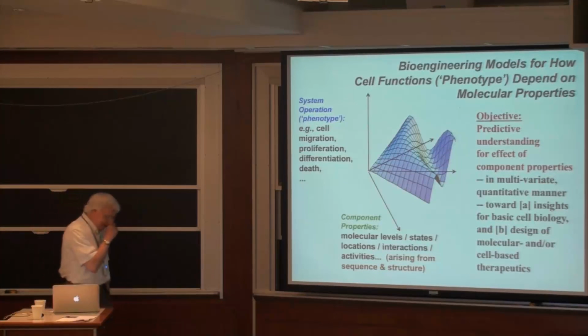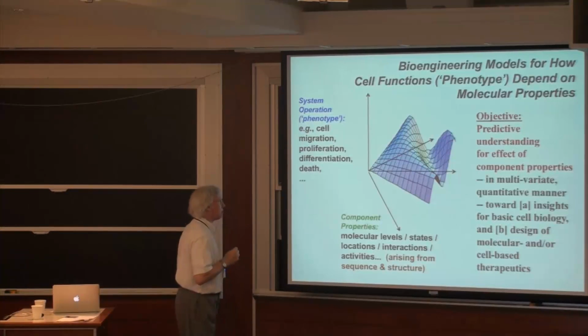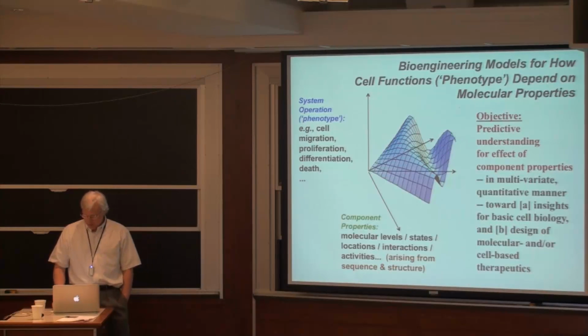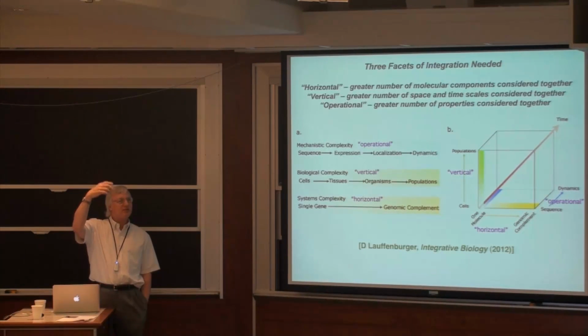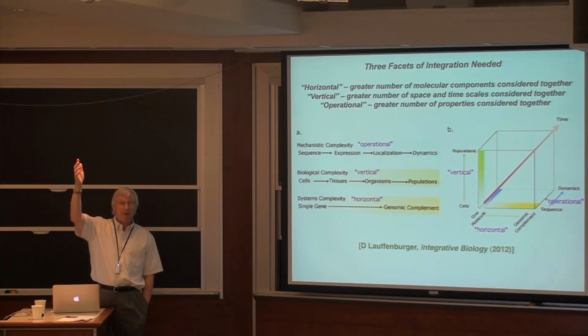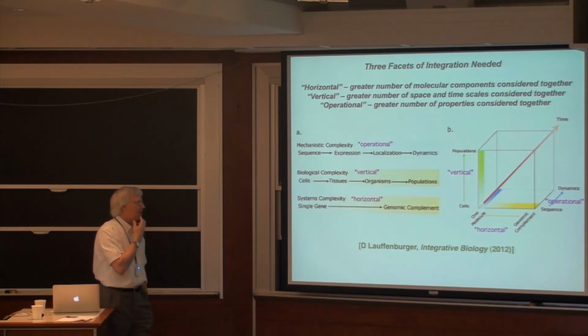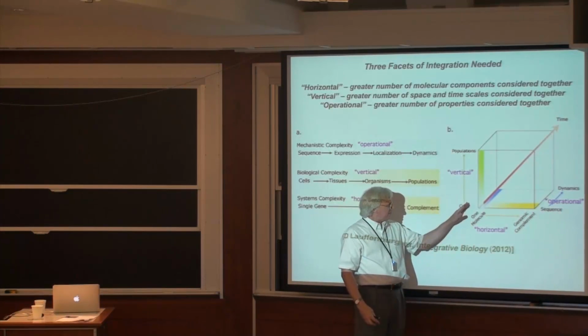All right, so that's the context. Now, what I'm going to spend most of my time on is the cellular level, because my view is, if you can't understand what's going on at the cellular level, it's hard to propagate it up too far. You want to do something at the organ level to affect some organ pathology. Okay, your mechanisms are going to end up with molecules inside and outside cells. So if you can't understand it at the cellular level, you're going to have a very hard time doing something else. I'm a big believer in multi-scale models where we get models for what cells are doing, then we put